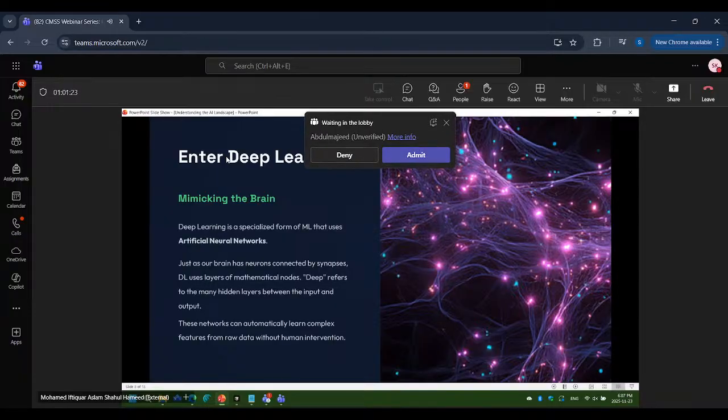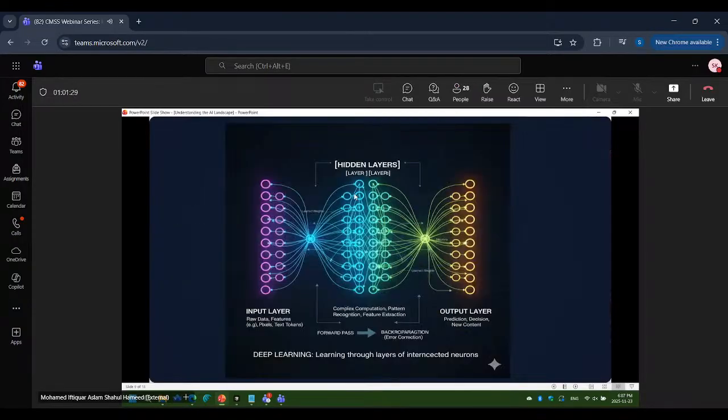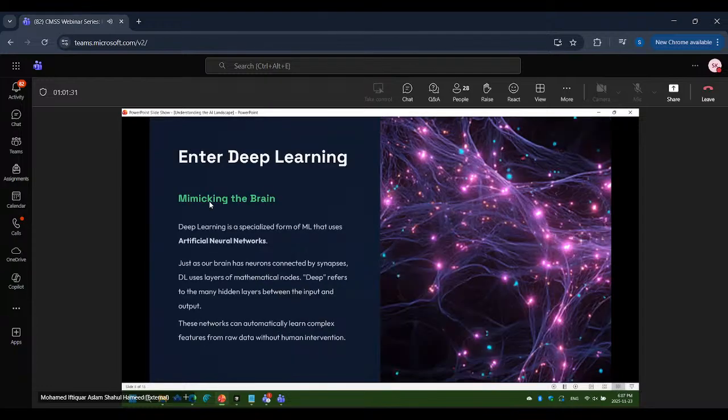Now, when we say machine learning, it can handle a certain amount of data, but it cannot handle large data sets. So that's when we came into deep learning. Deep learning is a specialized form of machine learning that uses artificial neural networks, like how our brain is connected.